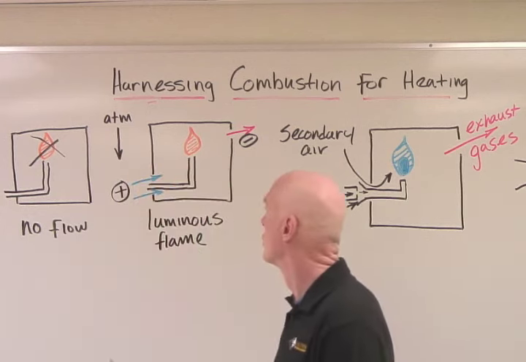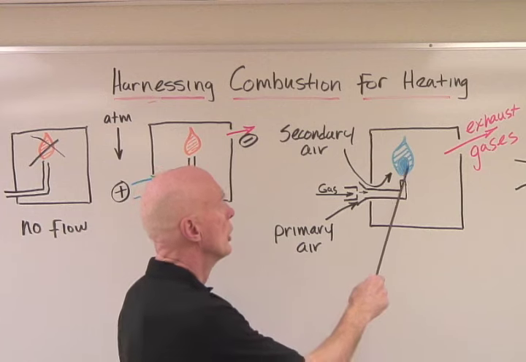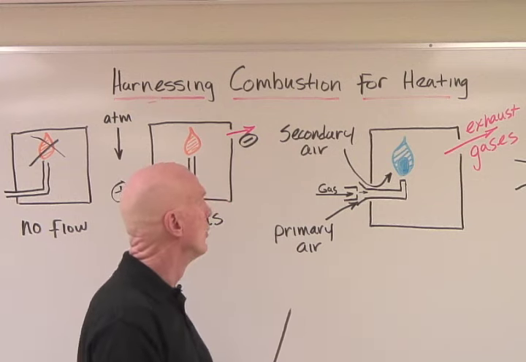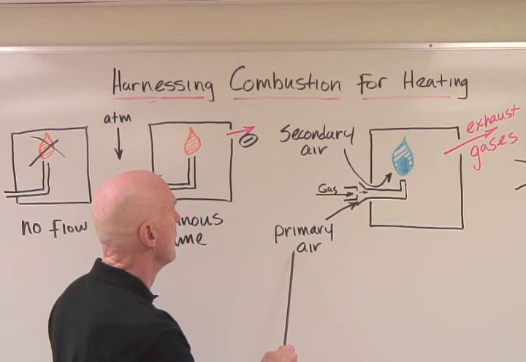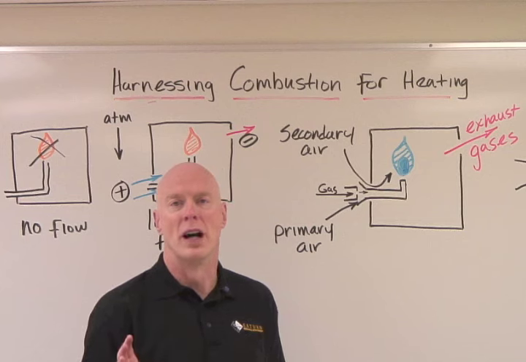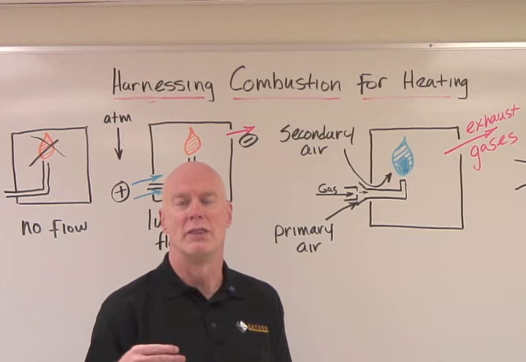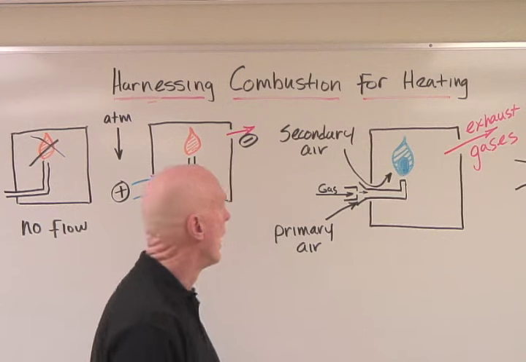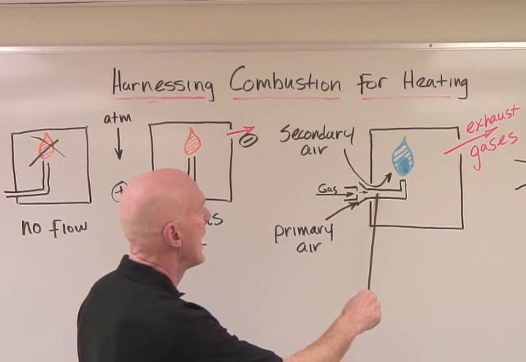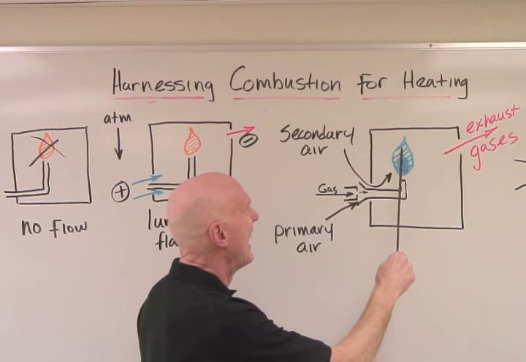We said with this luminous flame that there's some soot and carbon monoxide. With a good blue flame, there's hardly any carbon monoxide and no soot, and that's because we've got primary air. That's all about the primary air. A German named Bunsen invented this, and the Bunsen burner, which you may have used in high school, is a product of this mixing of the primary air with the gas in the burner before that mixture comes out the end and creates